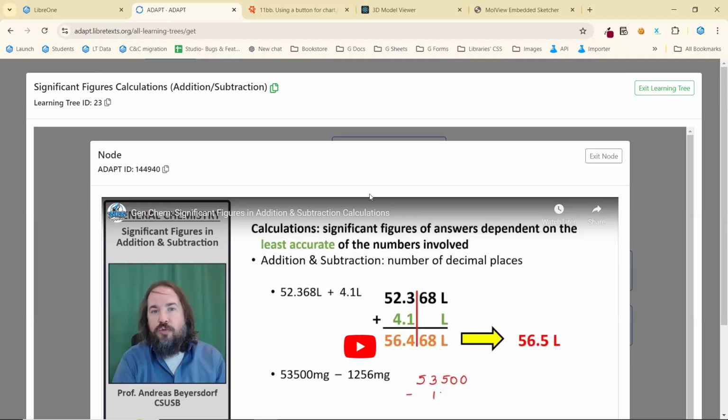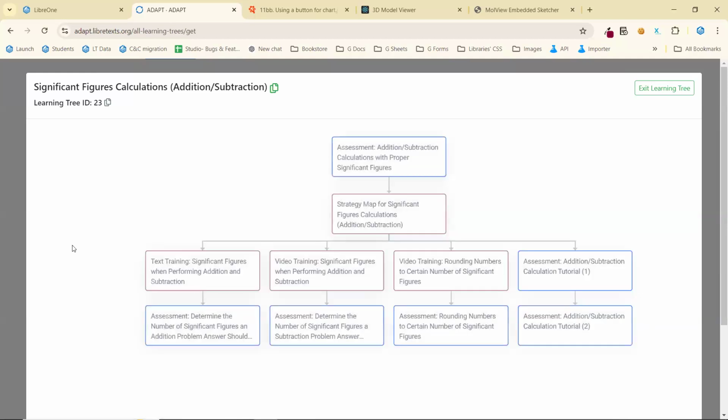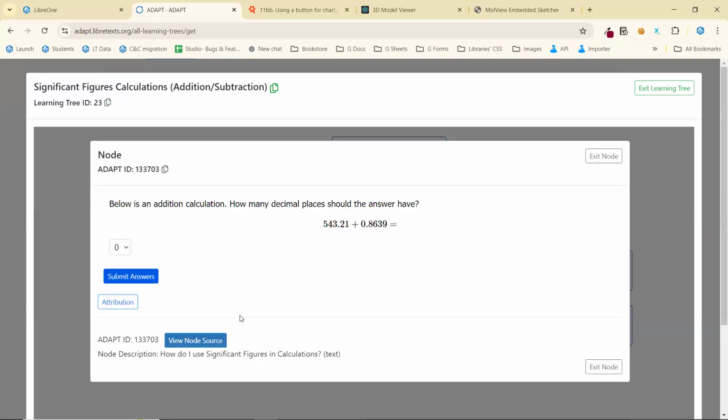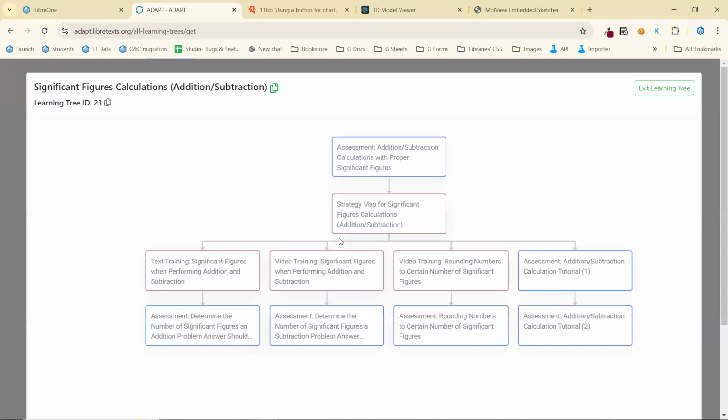It's whatever the students want, because the key point is after they get their exposition, whatever the exposition is, we have a branch assessment to evaluate, did they actually master that specific subset? It's a simple question saying, how many decimal places should there be off of here? And if they master that and they've gone from the top to the bottom, they can then come back here in order to be able to answer the question again. Or they can go through different branches in order to be able to handle these other components. That's the essence of a learning tree.